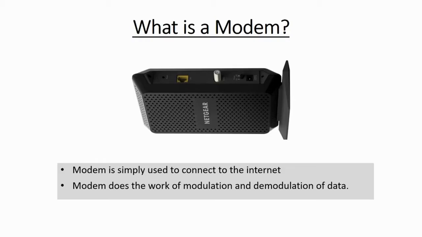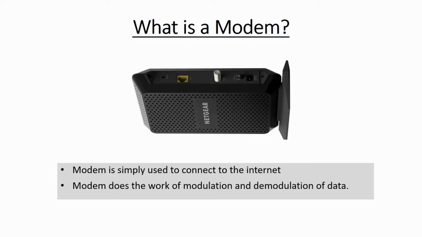Understand that the data gets carried in the form of analog signal, and for that we are using the telephone network. For transmitting data from one computer to another computer, when we exchange the data, we make use of this telephone network. Yes, we don't use the telephone anymore, but we make use of this network for the internet, for transmitting the data. So this telephone network is very important for internet purposes.